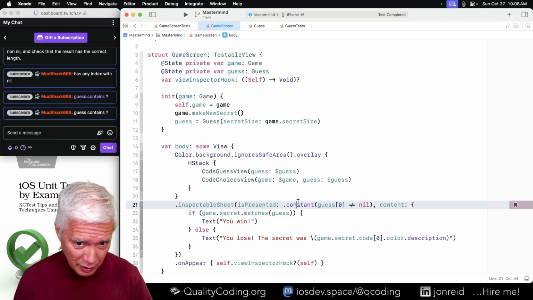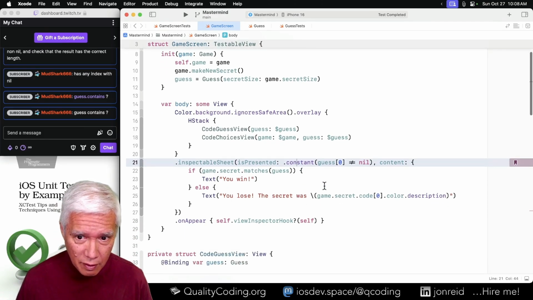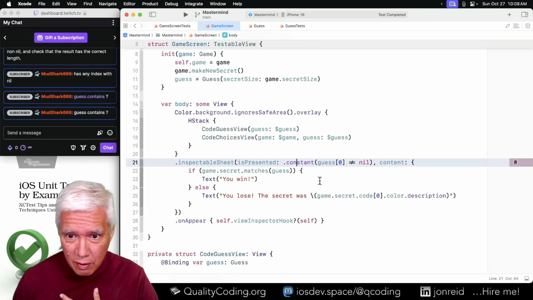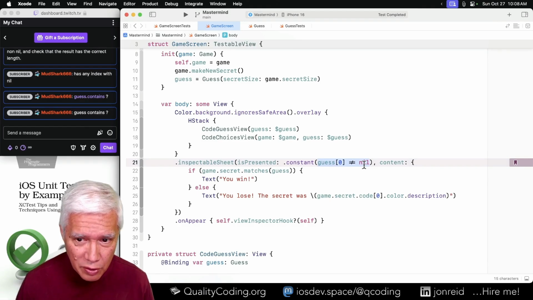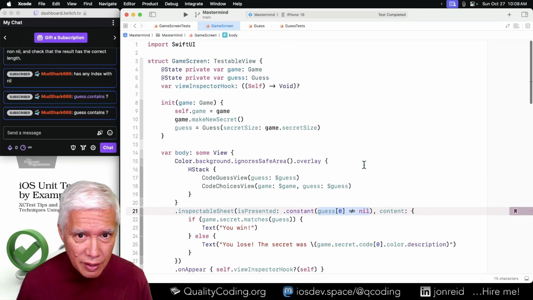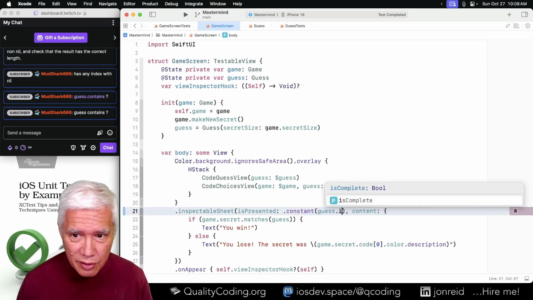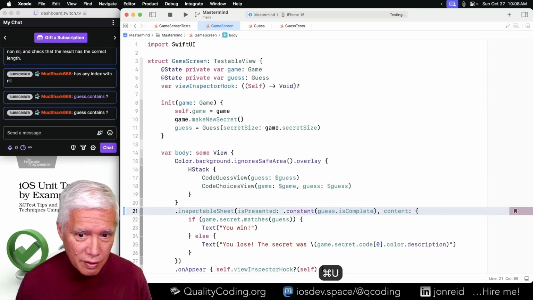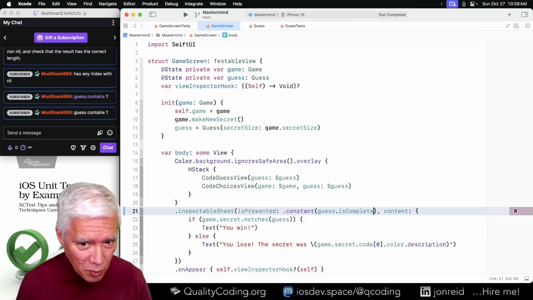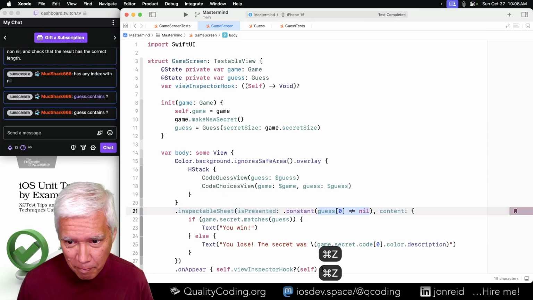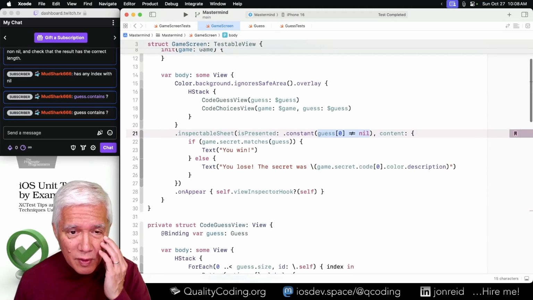The current tests will pass. But I want something to drive it. But I want to try it. So let's see if we can get guess is complete in there. As long as everything is happy, then we can add some more. Maybe that drives a more complete implementation.